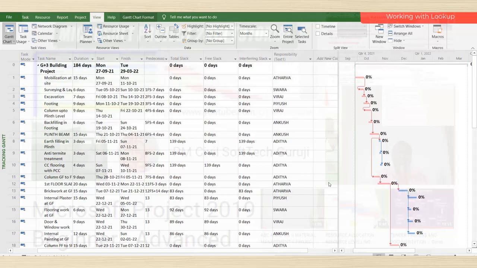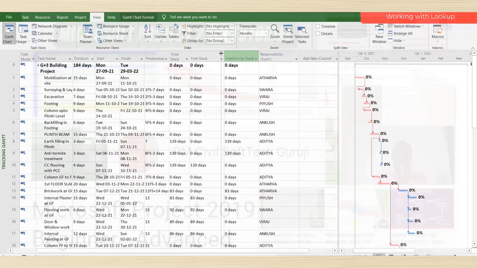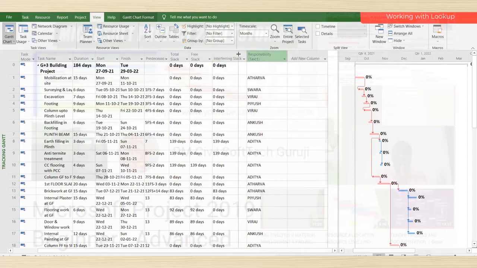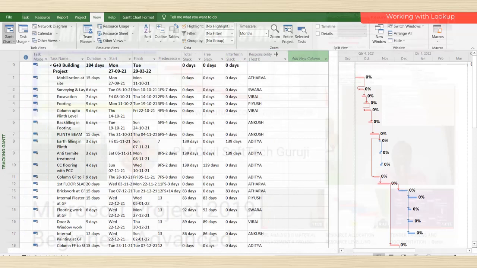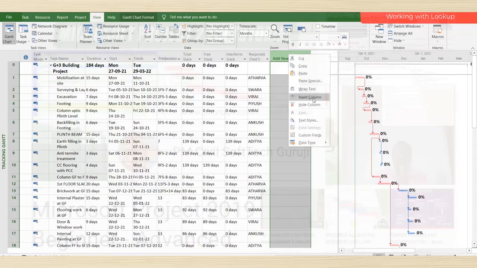So here it is not possible to write every time critical, non-critical, critical, non-critical by checking the total slack. So that's why we insert a column and insert an if condition, and then the software automatically tells you whether the activity is critical or non-critical. So for that, first we need to insert a new column. So insert column,